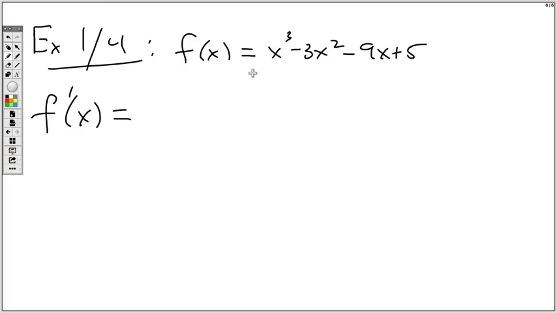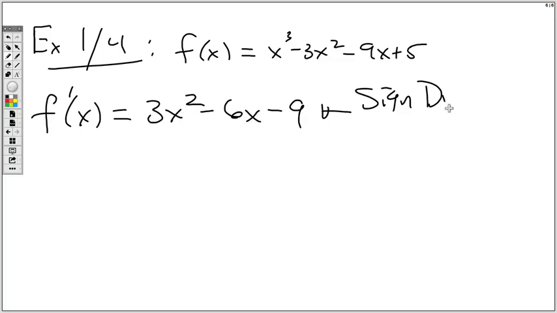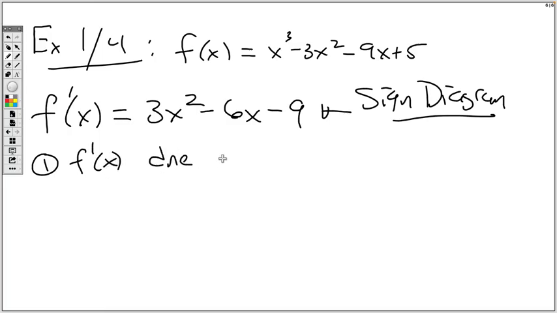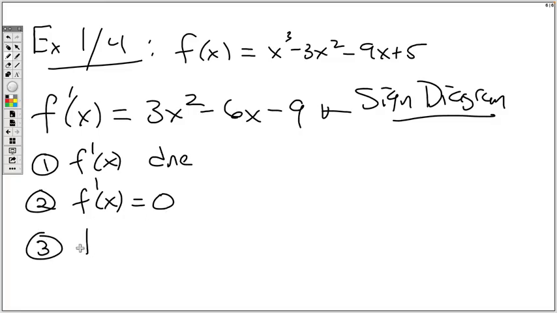So what do you get for the derivative there? 3x squared minus 6x minus 9. Perfect. Okay. And now what we want to do is make a sign diagram for f prime. To make a sign diagram, we need to look for any places f prime of x does not exist, and then we need to look for where f prime of x equals 0, and then we need to test f prime of x